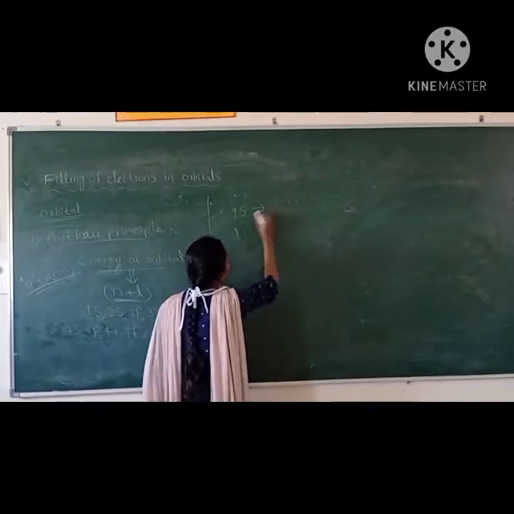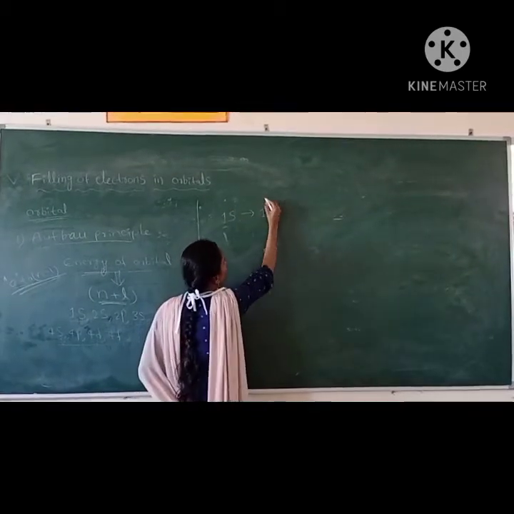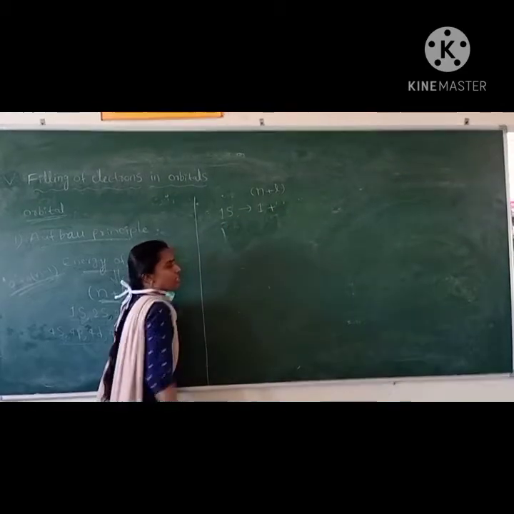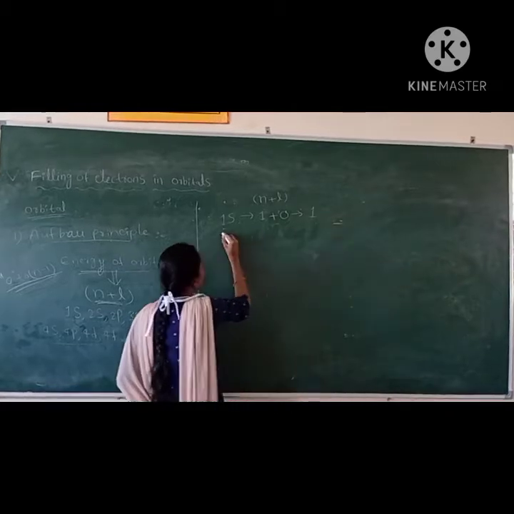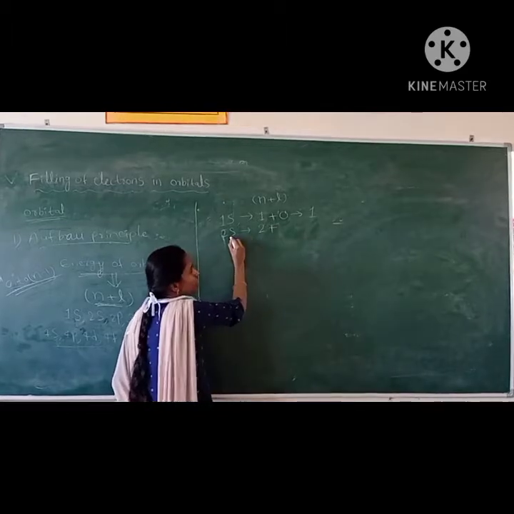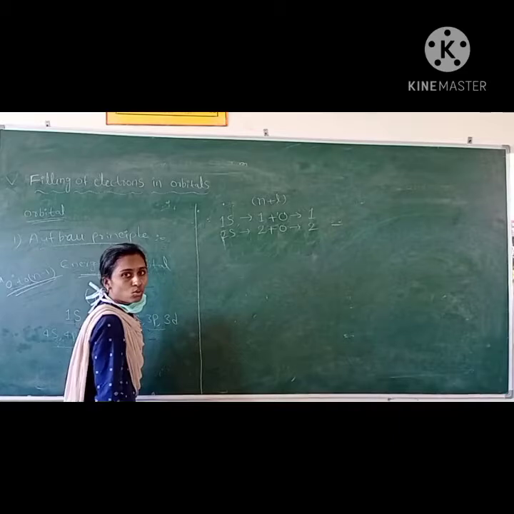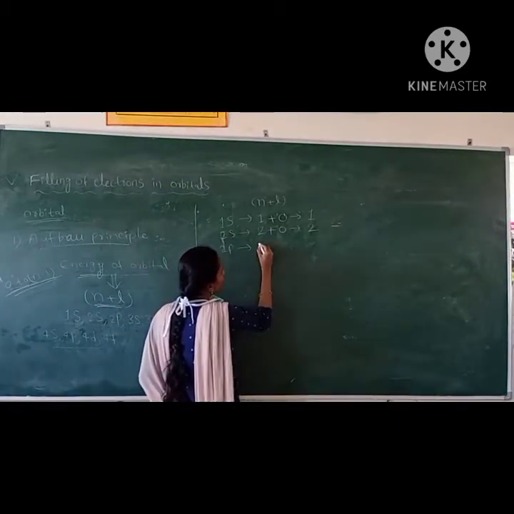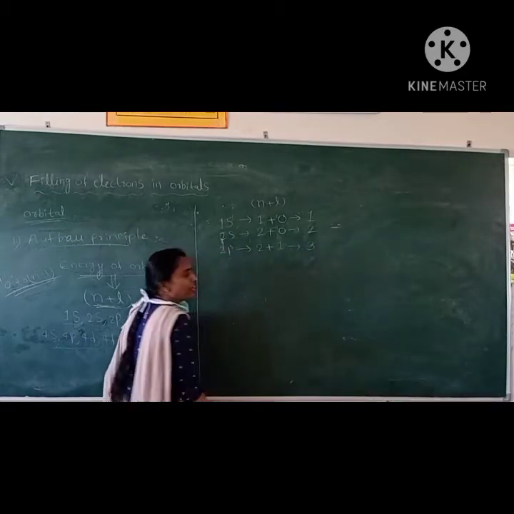For the 1s orbital, what is the n value? The shell number is 1, and for an s orbital the L value is 0, so n plus L is 1. You have to know the quantum numbers. For the 2s orbital, the principal quantum number is 2, plus L value 0 for an s orbital, so n plus L is 2. Then the 2p orbital, in the second shell with 2s: 2 plus 1, since for a p orbital the L value is 1. So here n plus L value is 3.